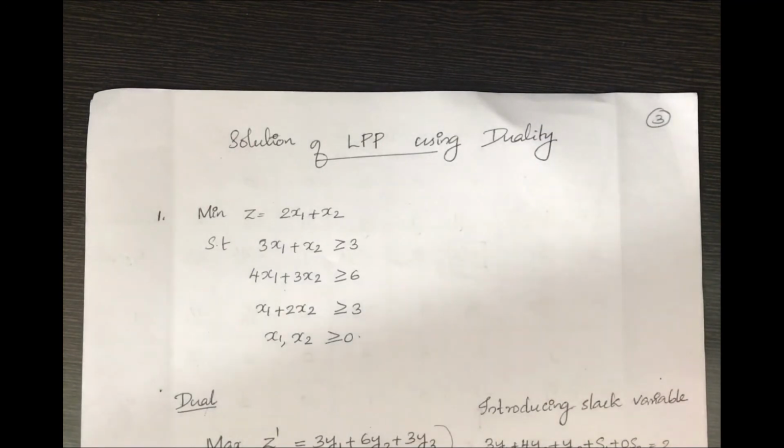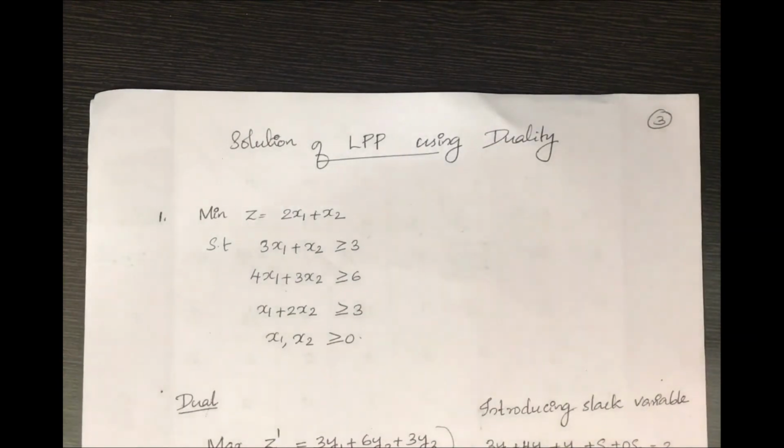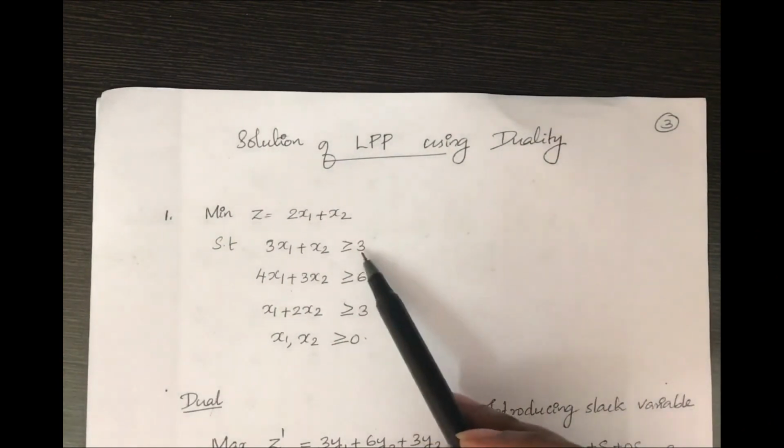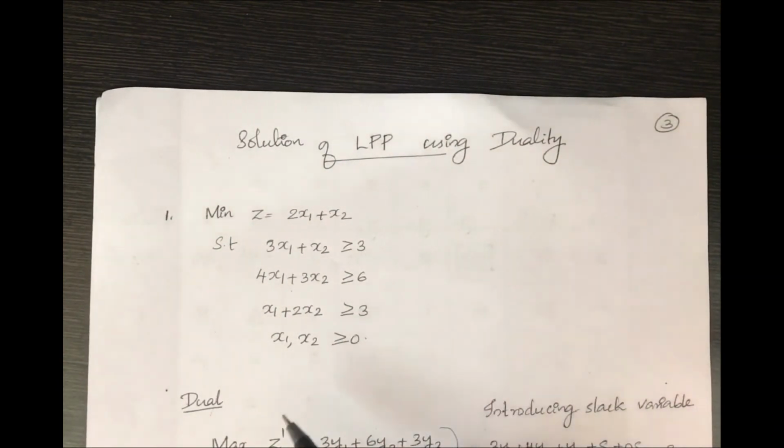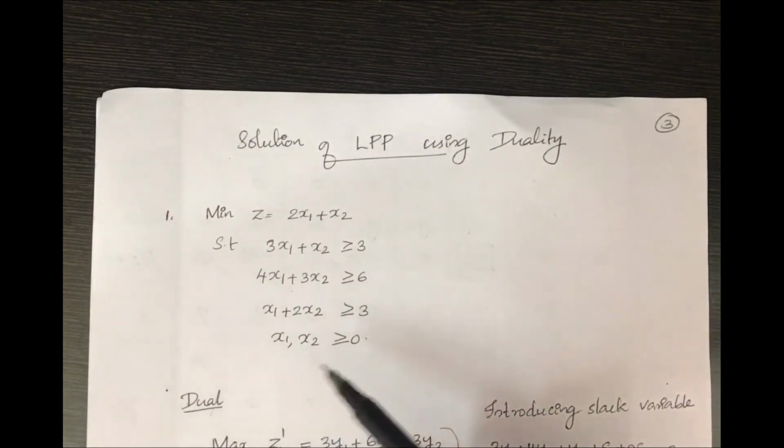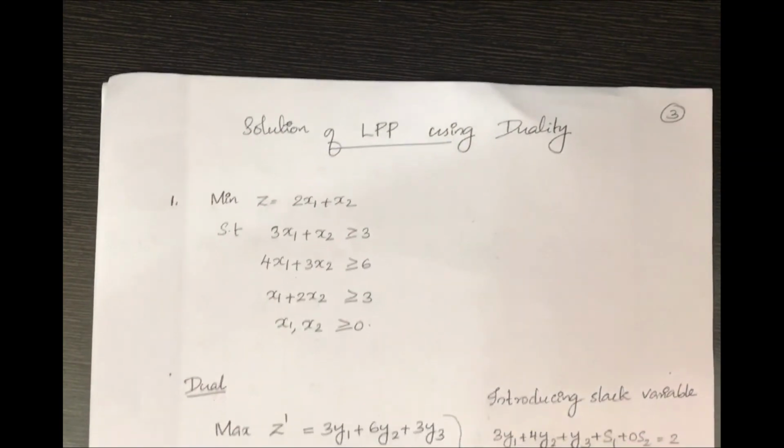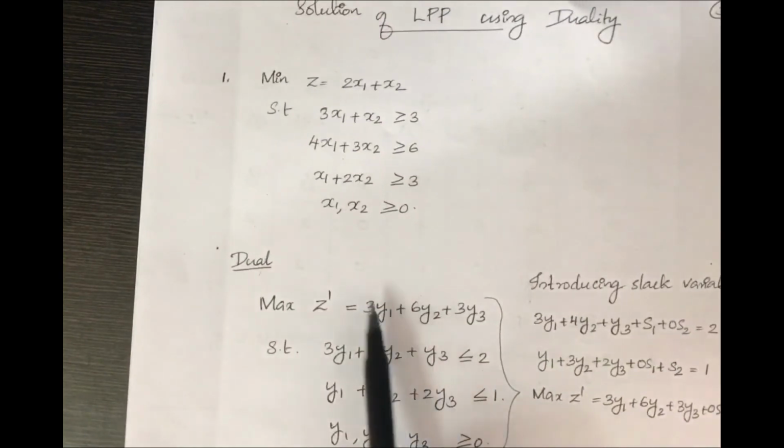Since all these constraints are greater than or equal to, when we are using the simplex method, we need to introduce surplus variables and artificial variables. That is, we need to do the big M method. Usually the big M method has more variables, so it is very difficult to do the problems. Also the LPP has 3 rows. Okay, when we make it into the dual, look at how the dual will be.